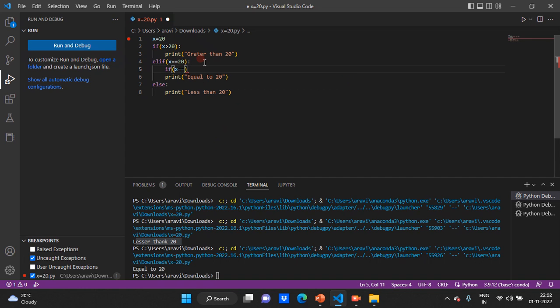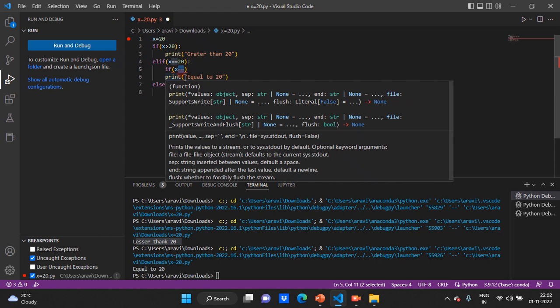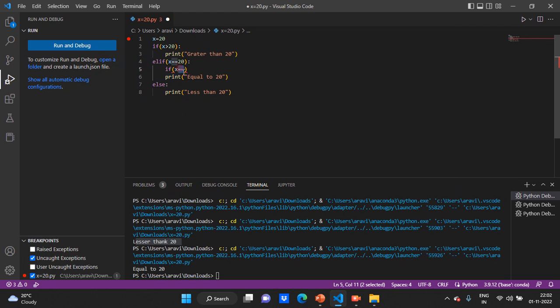So I'll do one thing here: x equal to 20, greater than 20, or here I'll check if x is less than 20. I'll add else at the end. I'll put the condition over here, else